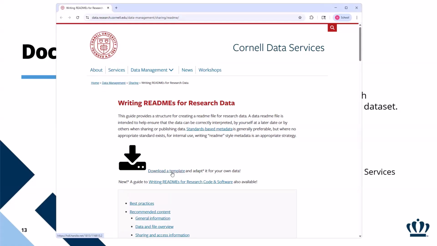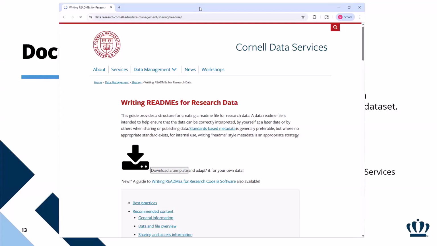So this is a downloadable template that you can adapt to your own data. It will bring you to their repository, and you can download it. It's just a plain text format. It has things like the creators, your methodology, your files, and how those files are connected to each other. And you don't necessarily need to use everything in the README. You can